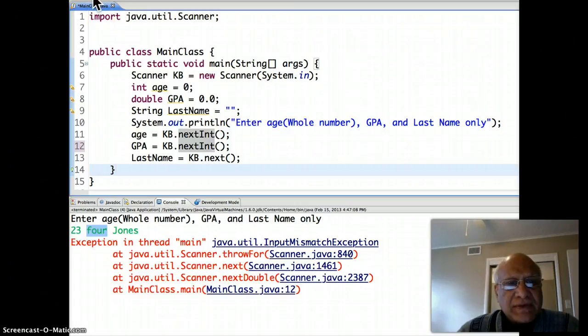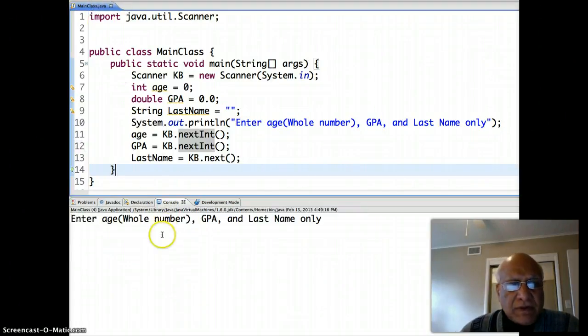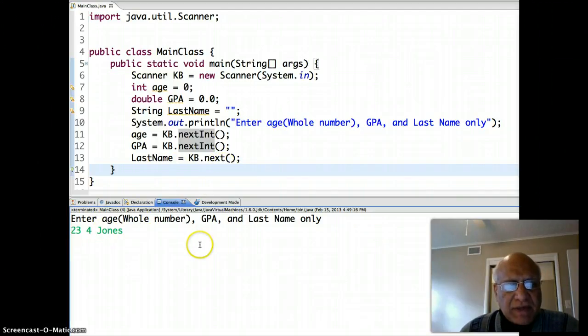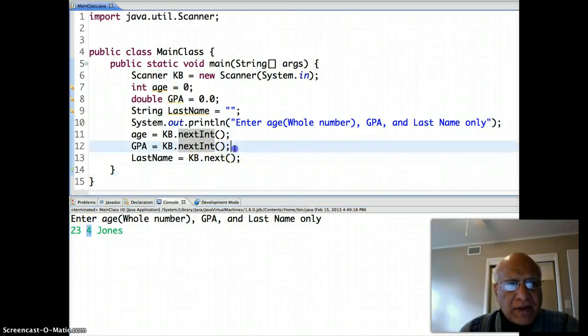So let's try this input mismatch this time. I'll enter the age, a whole number, and GPA this time, if it's 4, I'll just enter 4. And of course we are not fooling with the name, so name is fine, Jones. And this time input was successful. The reason you don't see anything here is because I didn't print anything here, but the input mismatch red message is no longer there. And the reason it worked is that 4,